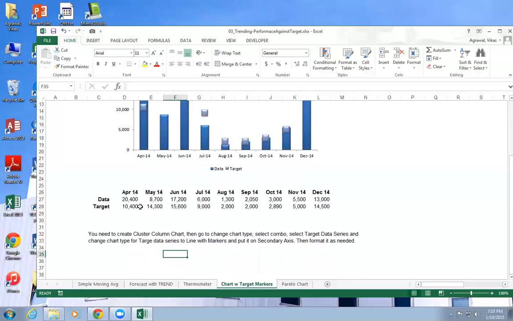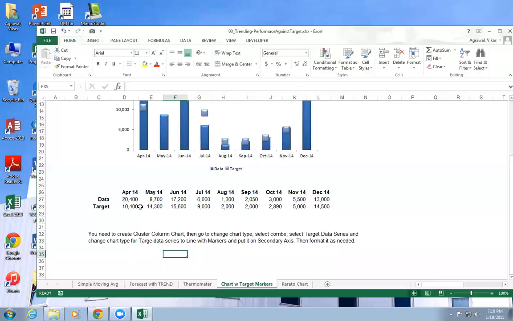So for example, I'm going to tell you, okay, your year-over-year sale increase should be around 10%. So what you're going to do is, let's say you have data for 3 years. Let's say 2010, 2011, 2013.